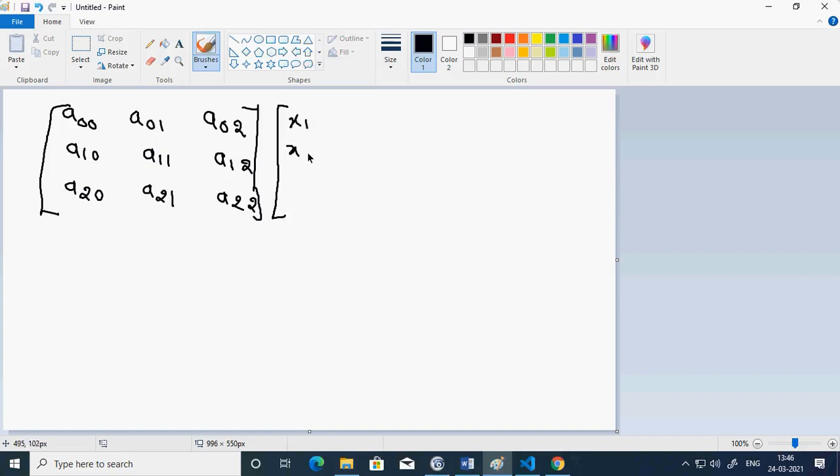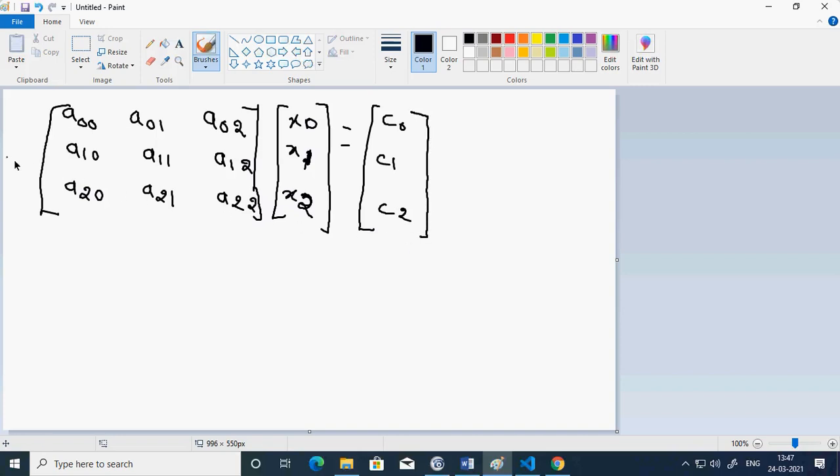My variable matrix x1, x2, x3, and I have the constant matrix, C0, C1 and C2. So I label this as x0, x1 and x2. That would be better.